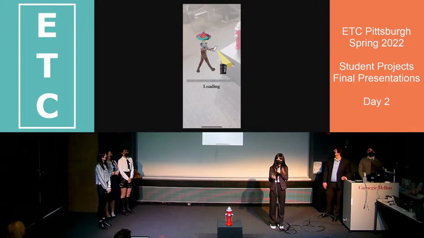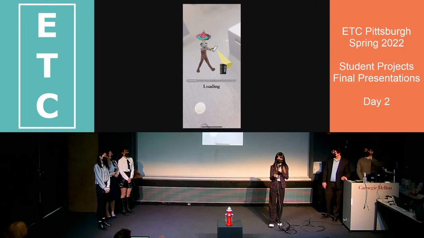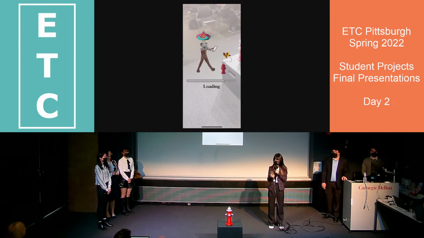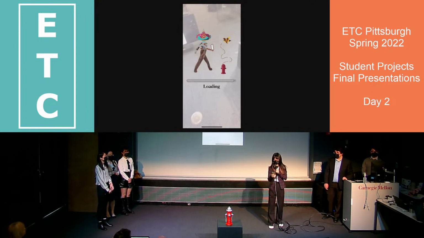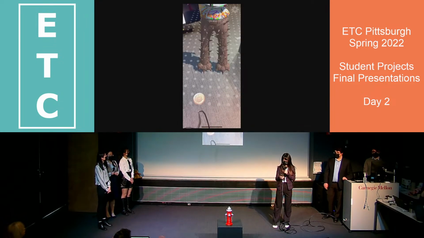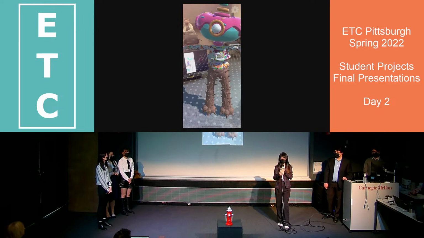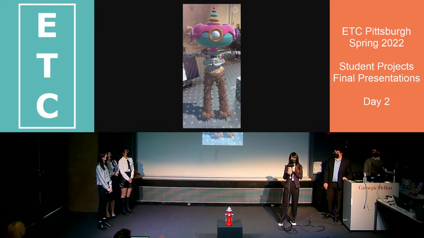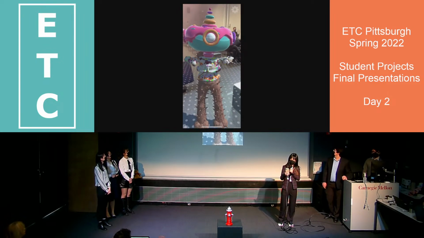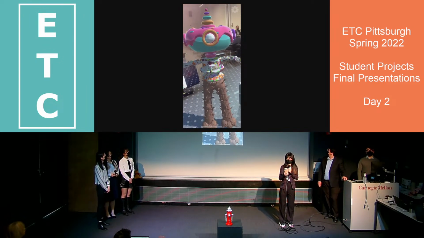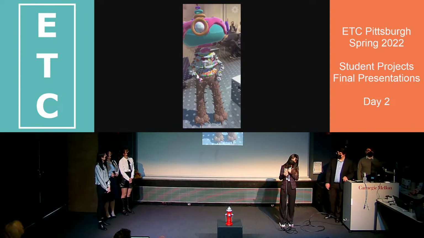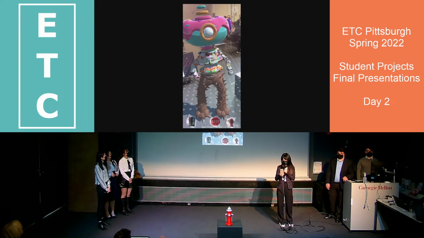So basically, this app consists of 2 tech parts: machine learning and augmented reality. The machine learning takes the camera view as input and does object detection on it. And once the object is detected, the AR puts an animation near the object. So take this as an example. The camera detects the floor, and the augmented reality just puts this stretching donut guy on the floor. So this is the first animation that players will be seeing.